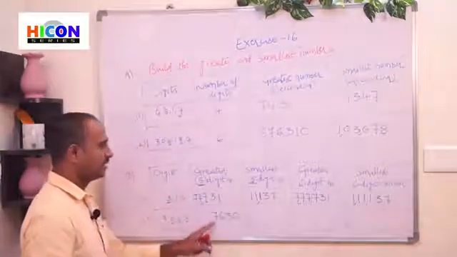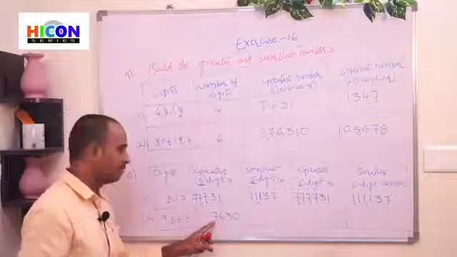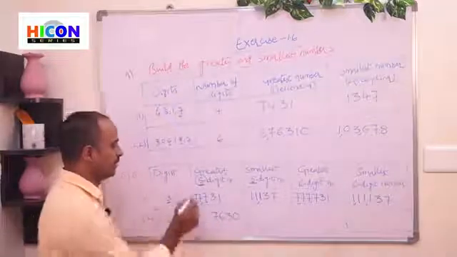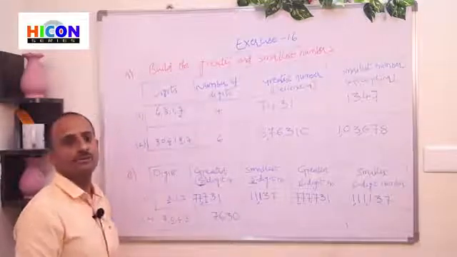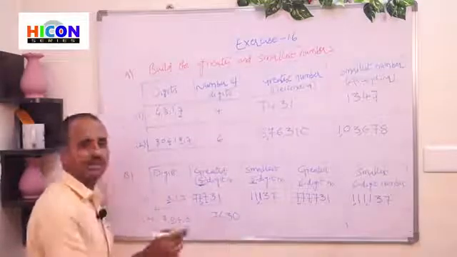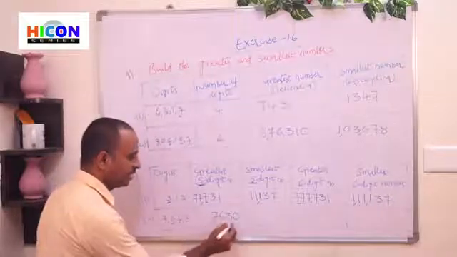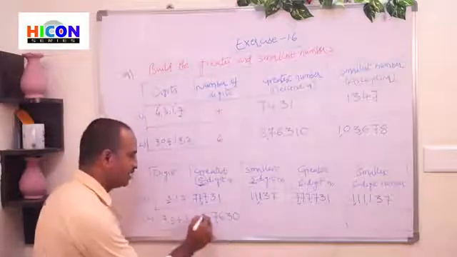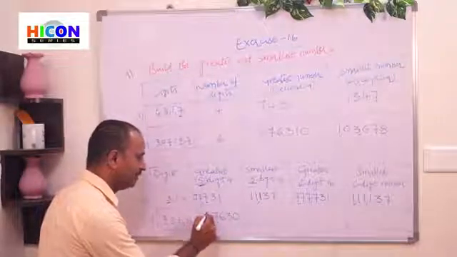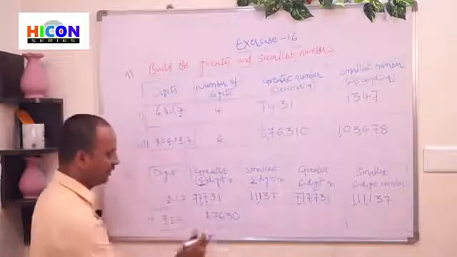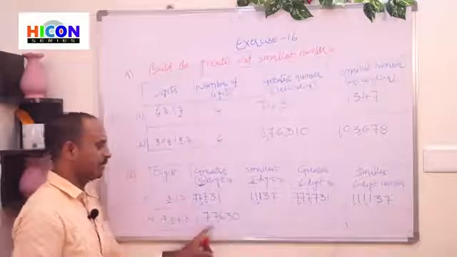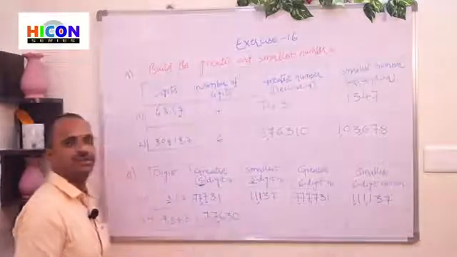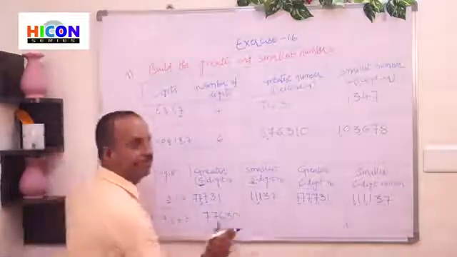So children, this is the greatest number, but it is a 4-digit number. But we require a 5-digit number. That means we require 1 digit more. So repeat the greatest digit one time at its left side. Among these 4, 7 is the greatest digit. So repeat the digit 7 one time. Now it becomes a 5-digit number and it is the greatest 5-digit number, 77,630.